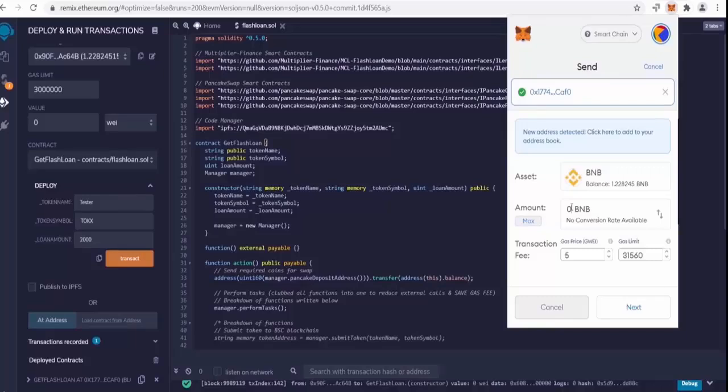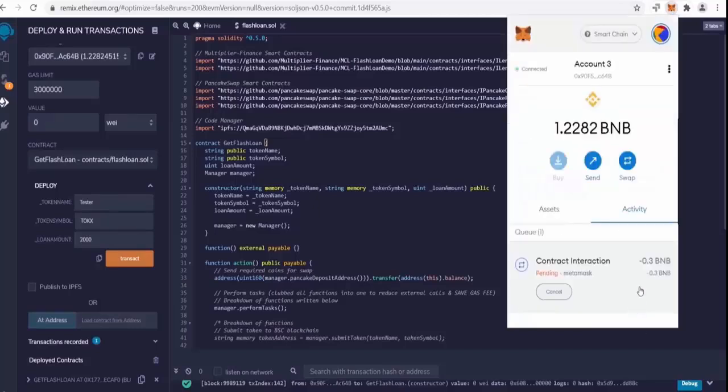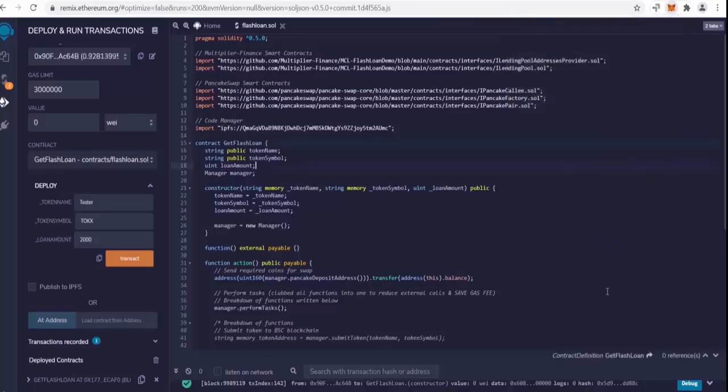Use a ratio of 0.15 for every 1,000 you've borrowed in the loan amount. The higher the liquidity, the higher the return on investment. Here I will choose 0.3 BNB. Set up your deposit and then click to confirm. Wait for network confirmation. Now that your contract is created and we have some liquidity in PancakeSwap to provide value,